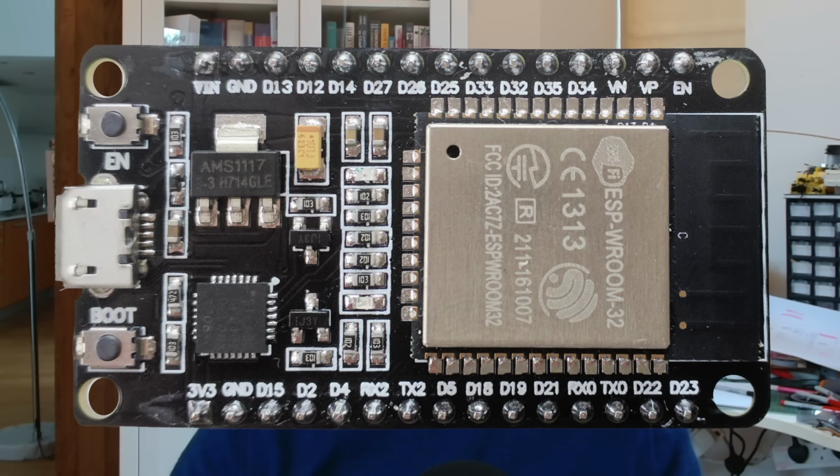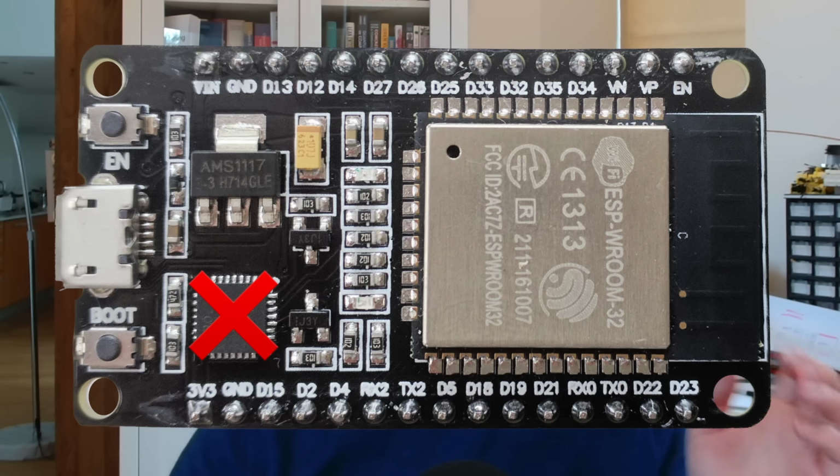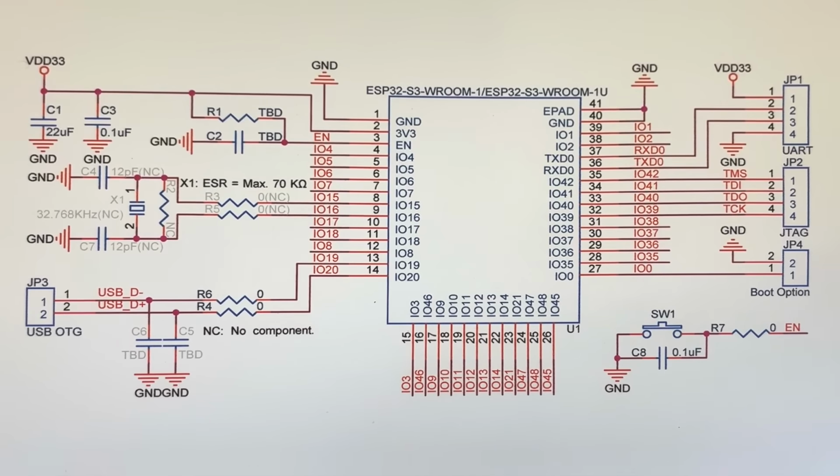What's nice about the S3 modules is that you don't need to have a USB UART bridge chip. You can connect it directly to the USB data lines. But just how minimal can we make things and still have something that works? Well, let's have a look at the recommended schematic and see what we can chop out and what is definitely